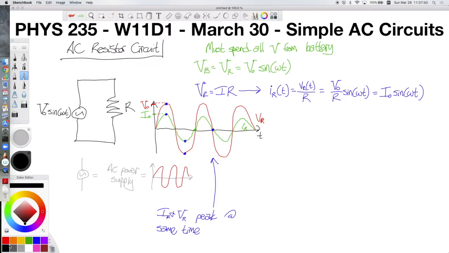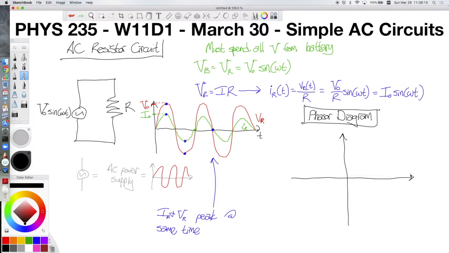Now there's another way we can represent the voltage and the current in AC circuits, and that is something called a phasor diagram. On a phasor diagram, we have two axes, kind of like X and Y, and we represent each of our AC quantities, like the voltage and the current, as vectors on this two-dimensional space. So for example,